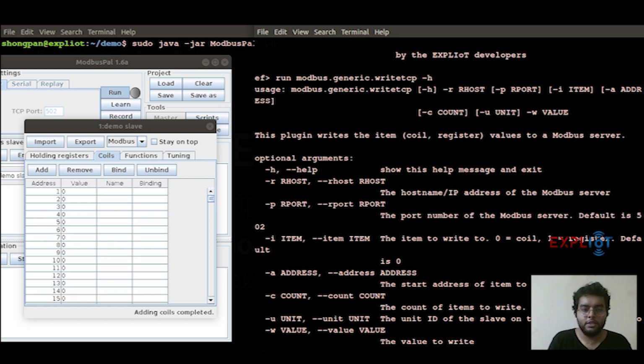Next is address, so let's start writing from 8, and the count, let's write to 2 address spaces. The unit ID for our slave is 1, and since we can write only 1 bit of data to a coil, we'll write 1. So let's hit enter.